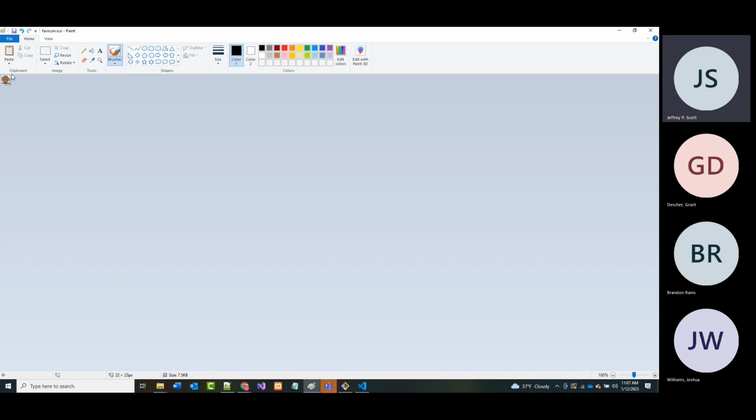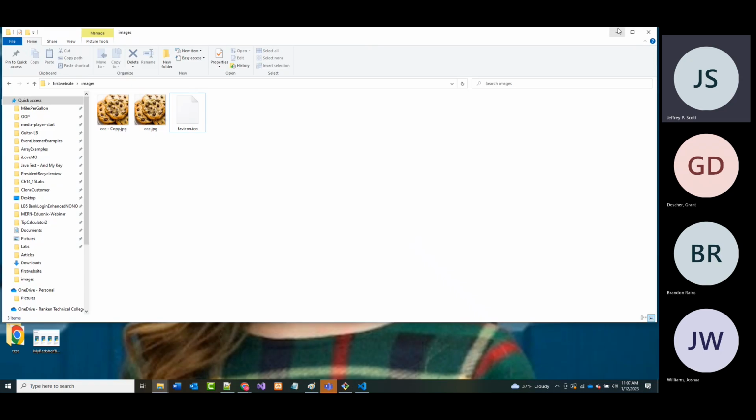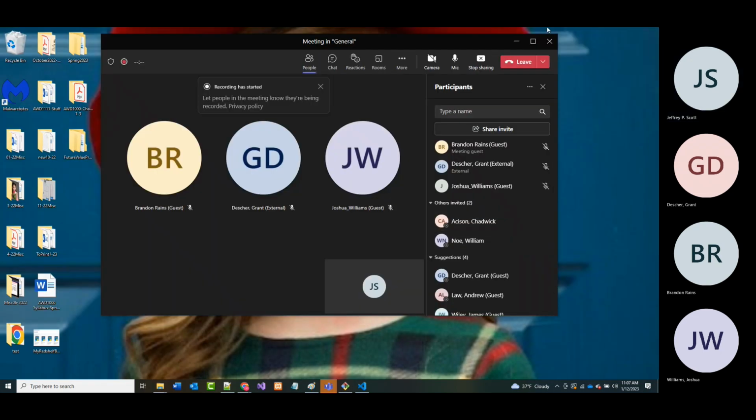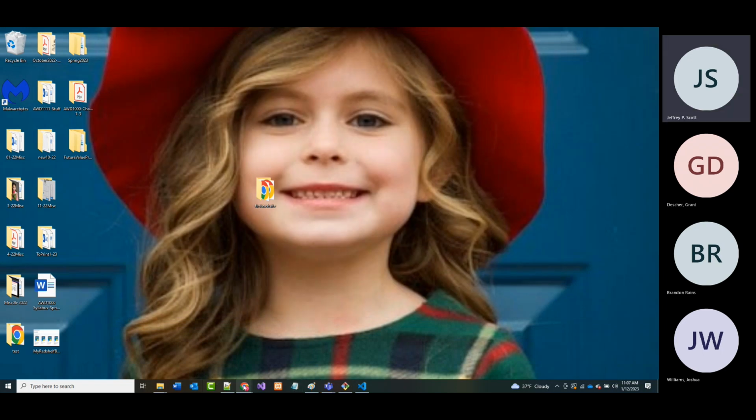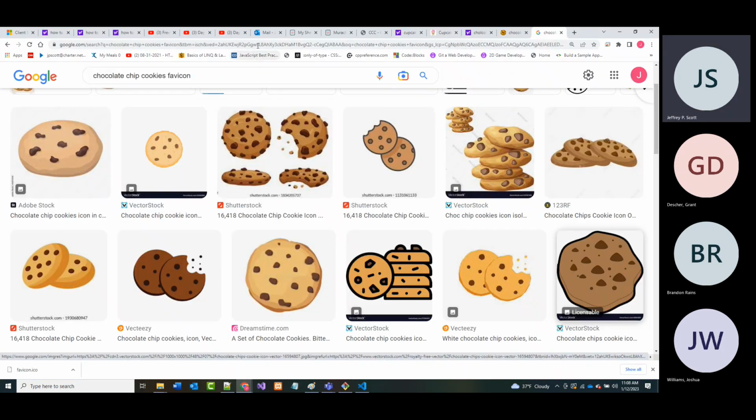Now, that's real little, but it's real little on purpose. Why is that real little? Remember what I told you earlier in class today, and that was that these favicons are what appear up here. So we're going to try right now. It just says